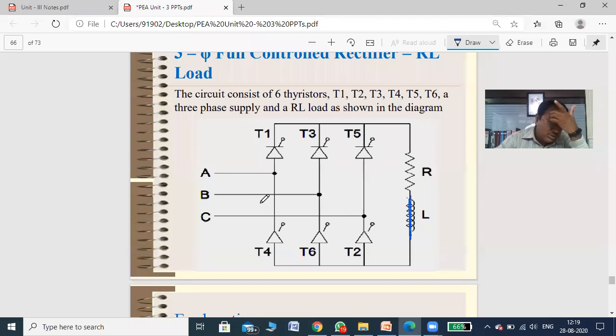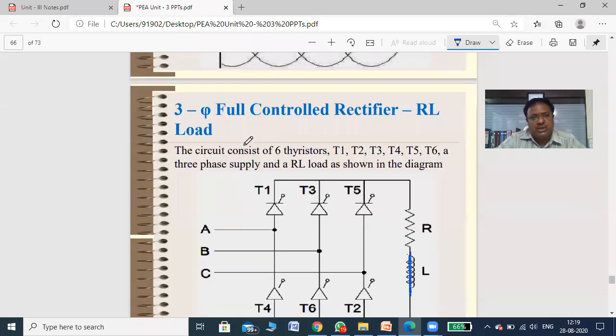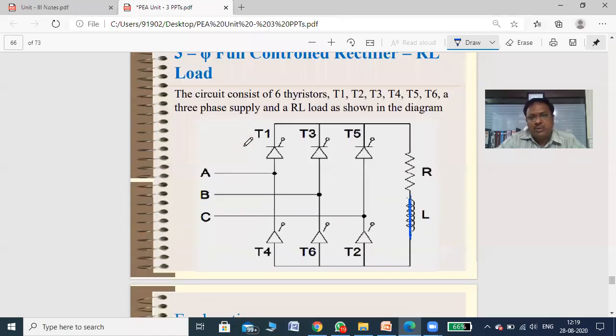So what we have discussed is the transformer. Three-phase transformers are optional for this type of converter. You may use one or you may not. In this particular figure, the transformer connections are not shown. Now, the working of this three-phase converter. If anyone from your class wants to explain, you can explain it. Otherwise, I will explain.